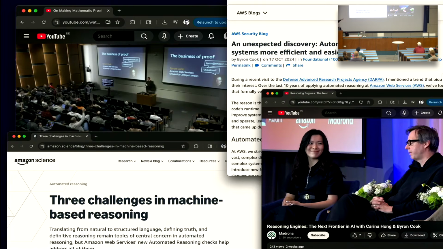At the bottom left is a blog post about some of the challenges I mentioned here today. It identified, for example, this Swiss cheese idea. We described that in that blog post. On the top right is a paper about high performance and proof being comorbid, and on the bottom right is a Q&A that I did about four weeks ago with Karina Hong. She's the CEO of Axiom Math, which is one of these neurosymbolic startups. She raised $60 million from Madrona, and the Madrona venture capitalist, one of the people who funded her, is doing a Q&A at this event for startups, and so it was she and I on stage.